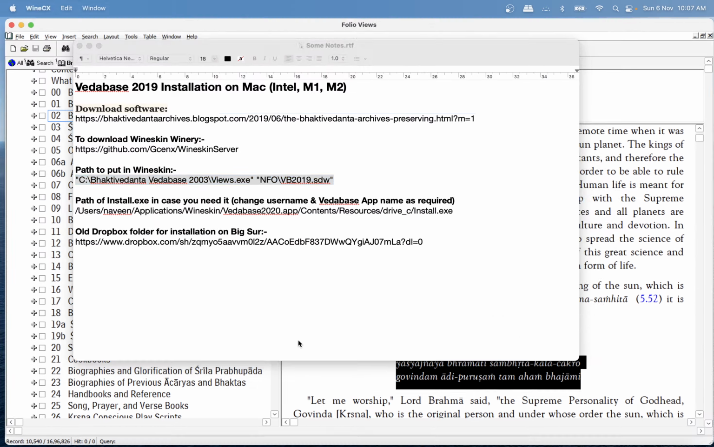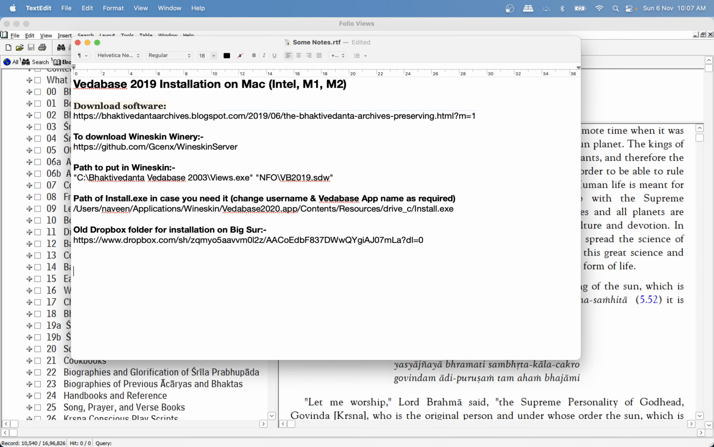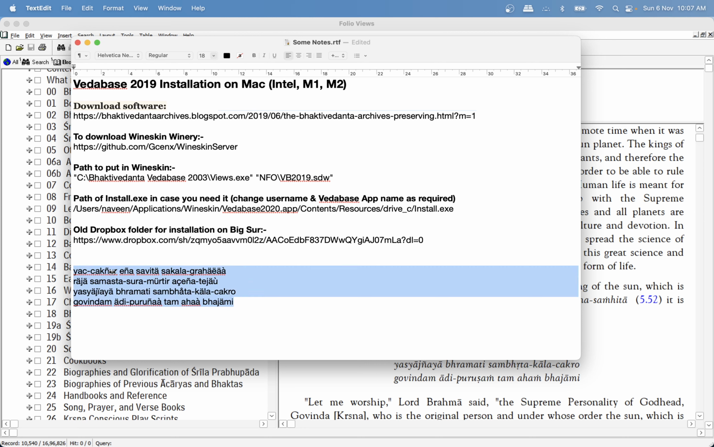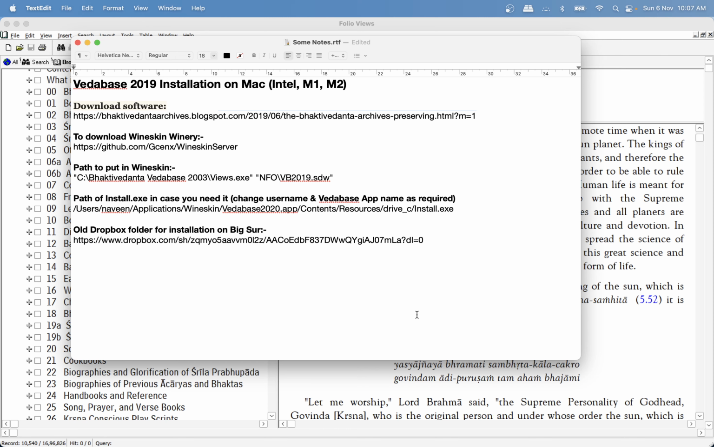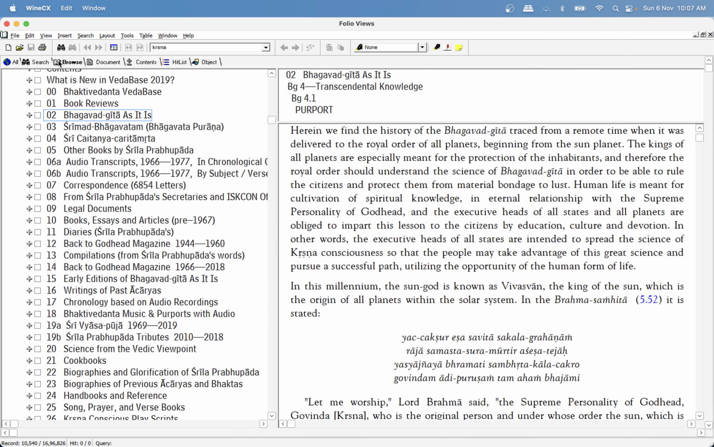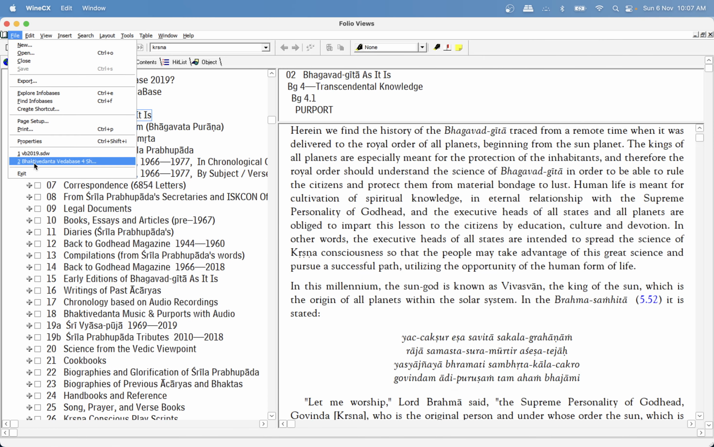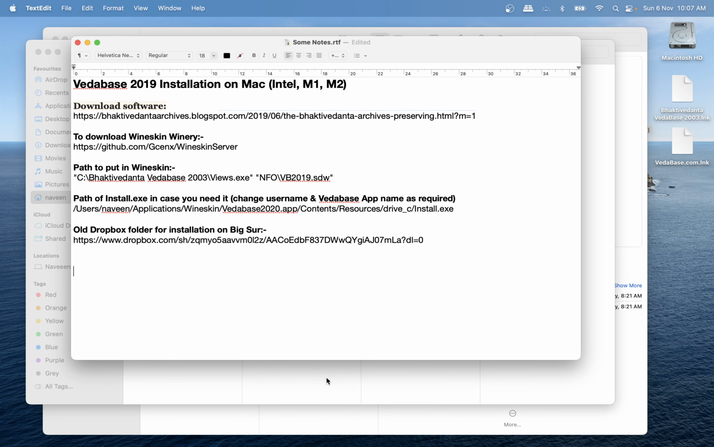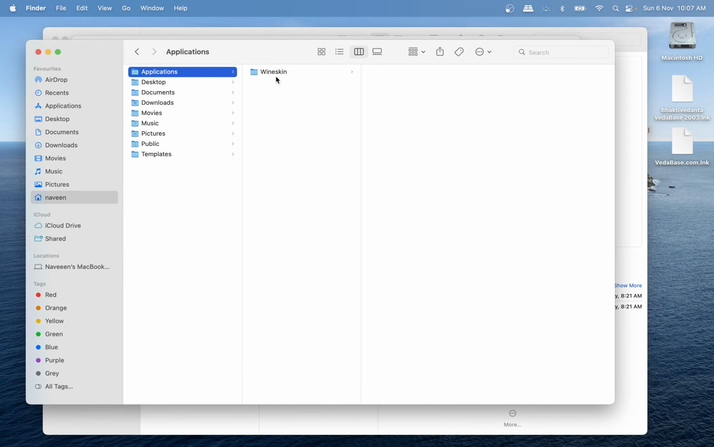and I try to paste it over here, you can see all the diacritics are not coming properly. See, this is not coming properly, this is not coming properly, so we need to fix it up. So how to do that? First of all, we quit the Vedabase and we go back to